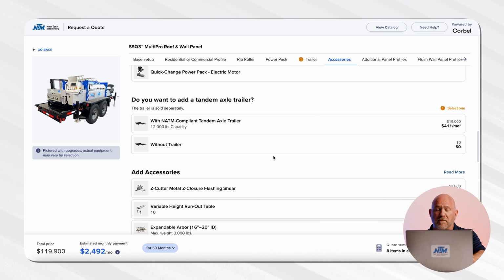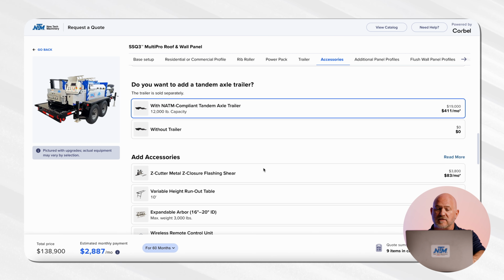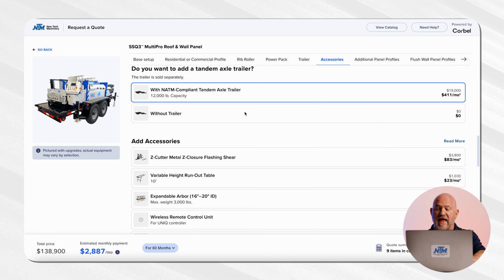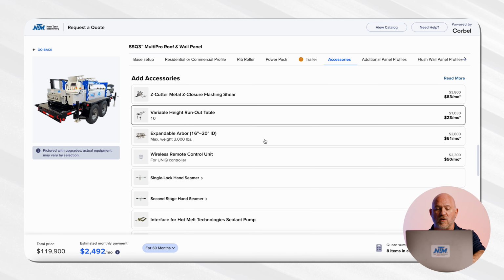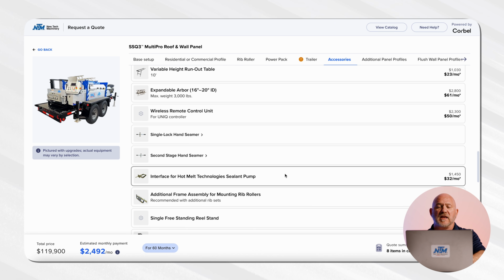The machine with the package I've selected already includes 5 runout tables, so I won't need any extra runout tables. I shouldn't need any extra expandable arbors because it's already going to have the 2 that go on top of the machine. I do want a trailer, so I will select the trailer option, and you can see that it gets added. There's options for the wireless remote control, single lock hand seamers, double lock hand seamers, interfaces for a